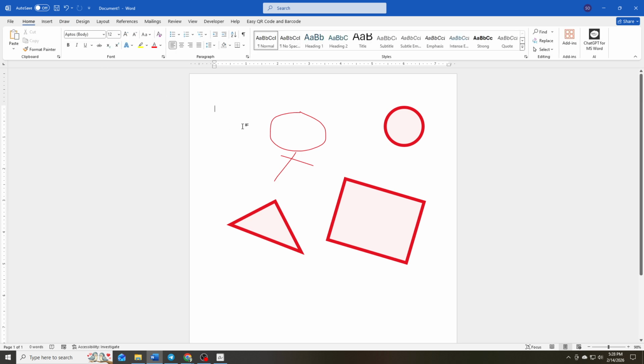Using the pen tools in Word is a great way to personalize your work, add quick notes, and make your